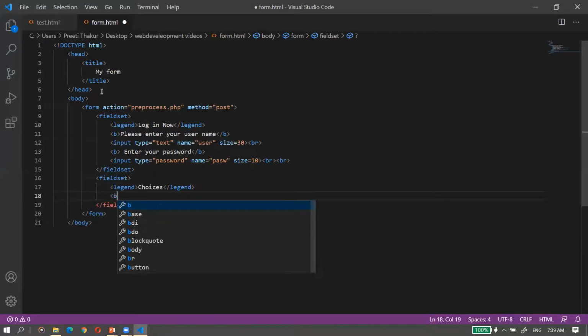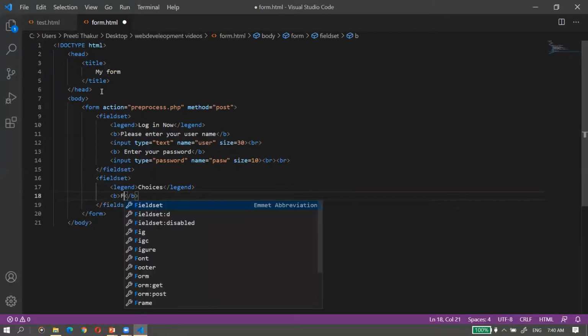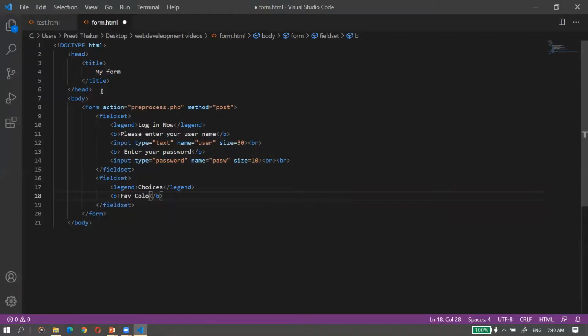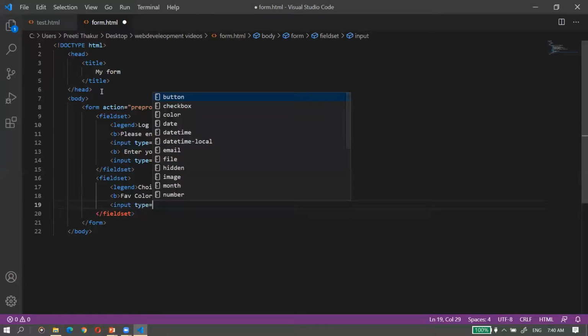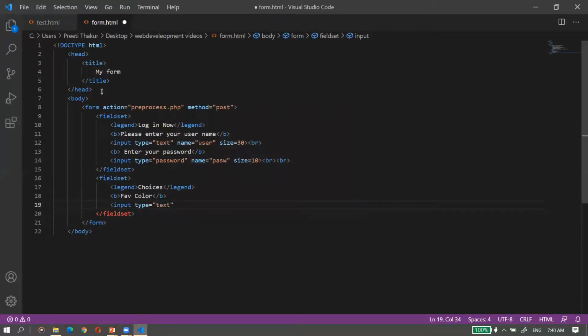What is your favorite color? So favorite color, once the user will give the favorite color, so I'm again taking a text box by which he or she can give the input. So input type is equal to text, and the name I can give color. Okay,